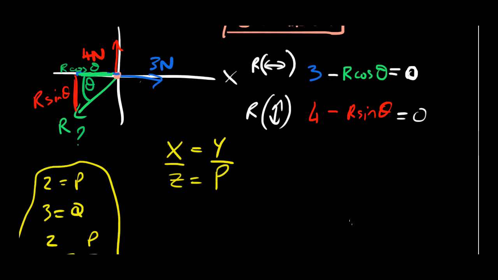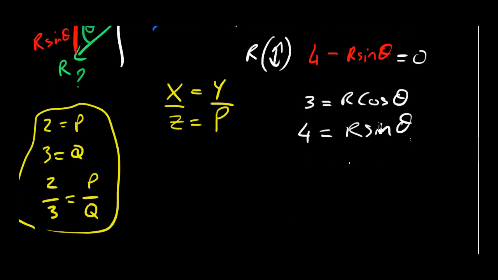So the equivalent over here, since we can't divide by 0 because it's illegal, we need to first pass the things to the other side and then do it. So we have 3 is equal to r cos theta, and pass that to the other side, positive, and here 4 is equal to r sine theta. And now we can divide this one by that one, because sine divided by cos is tan, and therefore we can simplify things. Also when we divide them, the r is going to cancel, so we can find the angle from there. So we have then 4 equals r sine theta, and we're going to divide that by,